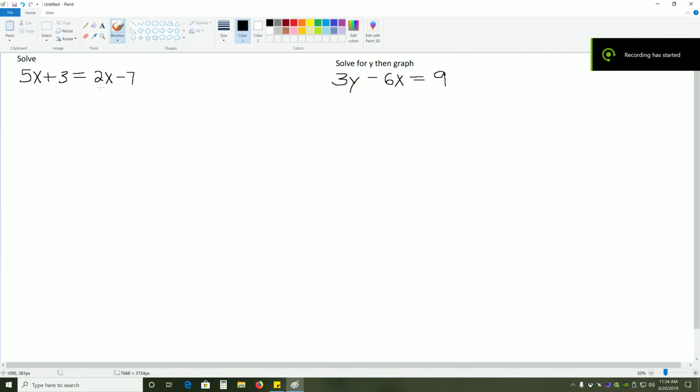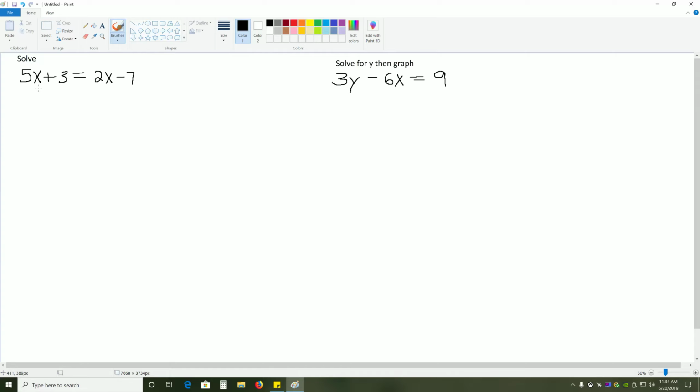In these two problems, we're going to be solving linear equations. In the first one, we're going to solve a linear equation of one variable, and then in the second, we're going to solve a linear equation of two variables. So to start off the first one, whenever you're solving an equation with one variable, your goal is to get